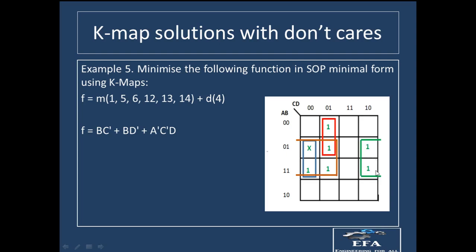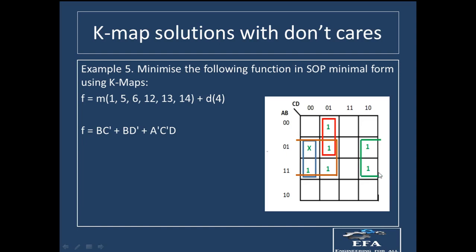Now these two ones, if the don't care was not there, there would have been only two ones in this group. Okay, now because we are having don't care, therefore these two ones will be grouped with these two ones. So we are having a bigger group in this case also. This cross and one, and this one and one, right? This will again form a big group. Okay, so this is how the don't care has to be used.